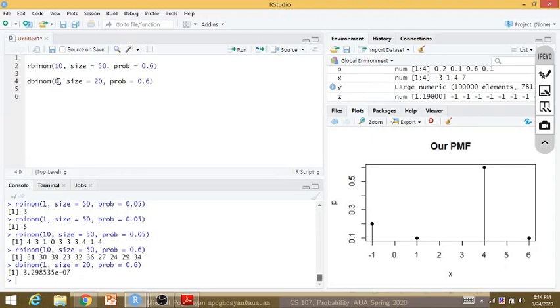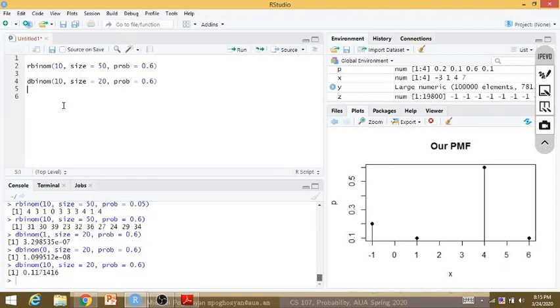What about 0? The probability that we will have 0 successes in those 20 trials is very small, 1 times 10 to the minus 8, because the probability of success is 0.6 in each trial. So if I write what is the probability that we will have 10 successes, that is not so small as our previous probability. Okay, so I want to calculate the value of PMF for any number from 0